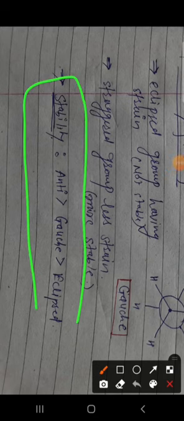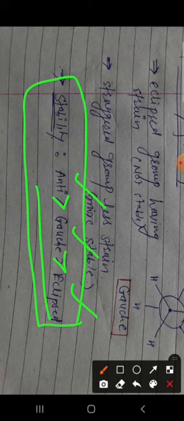So this is the stability order for butane. The anti staggered conformation is most stable, then the gauche conformation, and then the eclipsed conformation. Like this we have to analyze all the conformation stability in conformational analysis. That is the basic thing we have to learn to start conformations. This butane and ethane is not in our syllabus, but we have to take some basic points from these molecules. We will start our next and main topic, cyclic molecule conformations, in the next class.